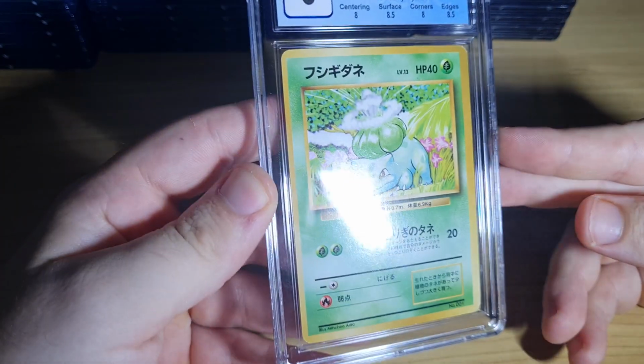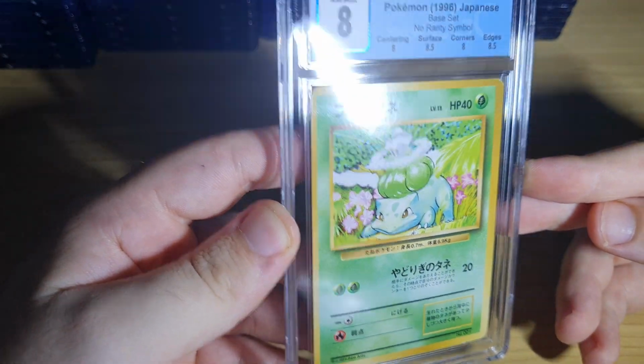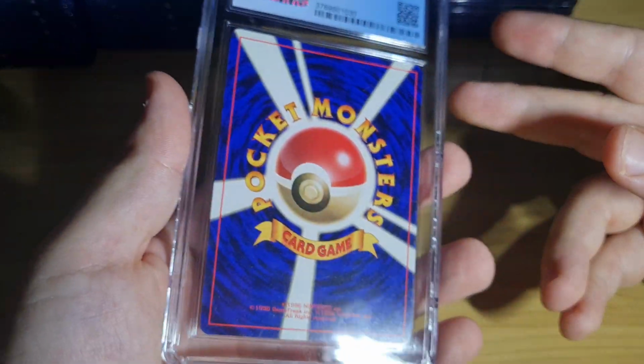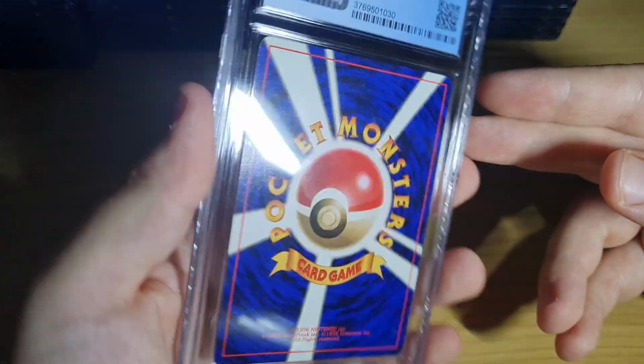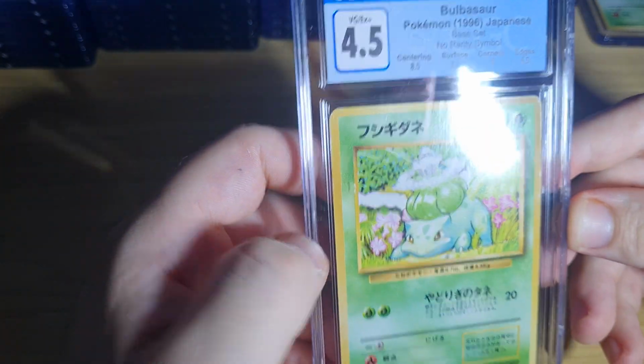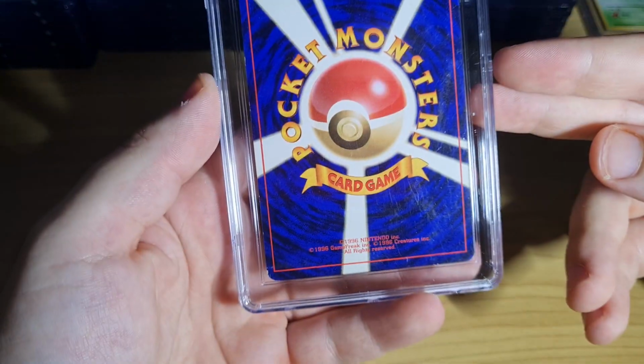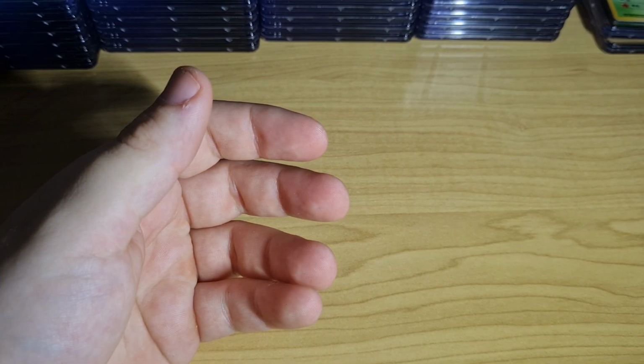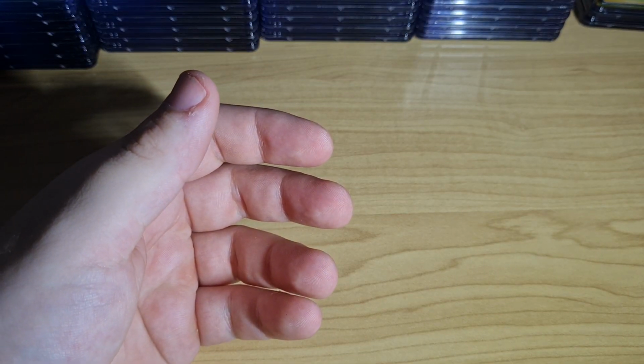Just a little bit of a CGC return today. Nothing too crazy. I sent in some no rarity and some shiny V, I think. That's all that's in here. Might show some more in-depth pictures and stills of some cards, but I generally grade every no rarity starter I